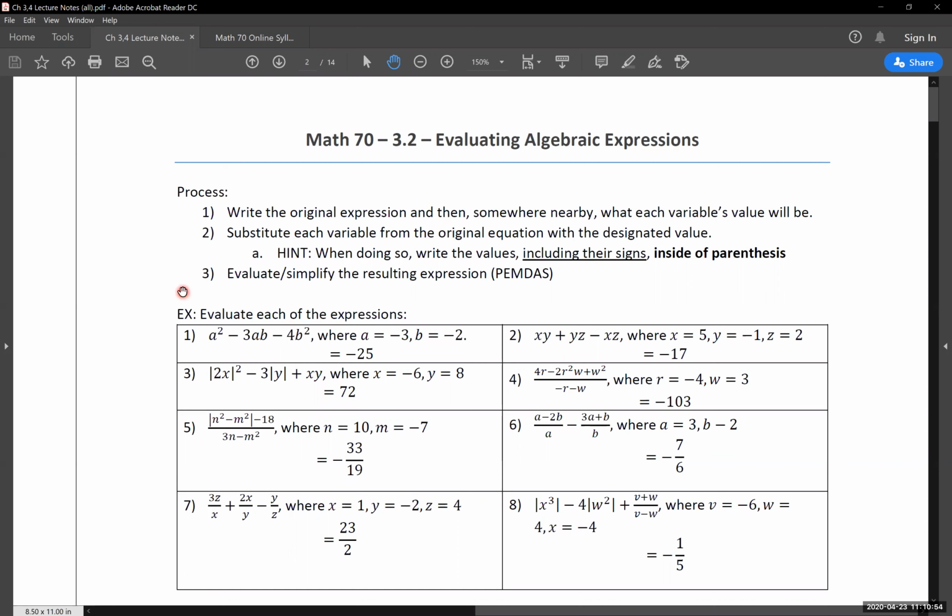A lot of people think I need to be able to substitute this in and solve it in 2 lines of work. No. If you can do that, great, but I am not expecting you to be able to do that from just learning this today. So if it takes you 3, 4, 5, 10 lines of work to get some of these things fully simplified, great, that's fine. Nothing wrong with that. But make sure you are going through and being very organized and very systematic as you are simplifying and evaluating these expressions.